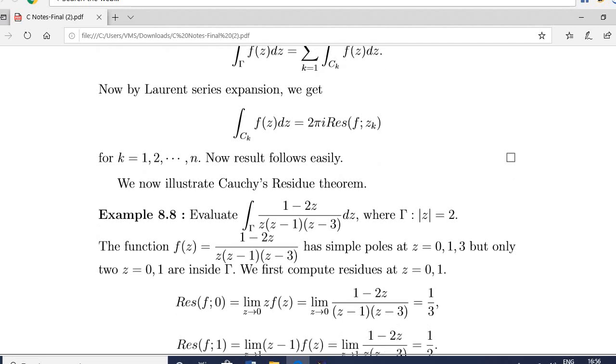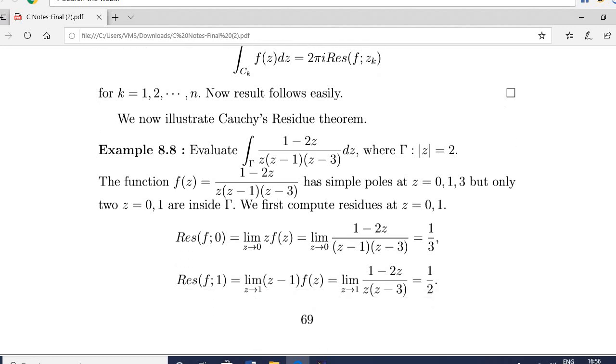Now first thing is to compute residue at these points. So residue of f at 0. Now that formula will come into the picture. So at 0 means this z goes away. That means you multiply by z. Remaining part is (1 minus 2z) upon (z minus 1)(z minus 3). Take limit as z tends to 0 directly because it is a simple pole. Suppose it is a pole of order 2, then you take the first derivative. Pole of order 3, then second derivative and so on. Here it is a simple pole, so directly multiply by z. The remaining part (1 minus 2z) upon (z minus 1)(z minus 3). Take limit as z tends to 0. You directly substitute, you get 1/3.